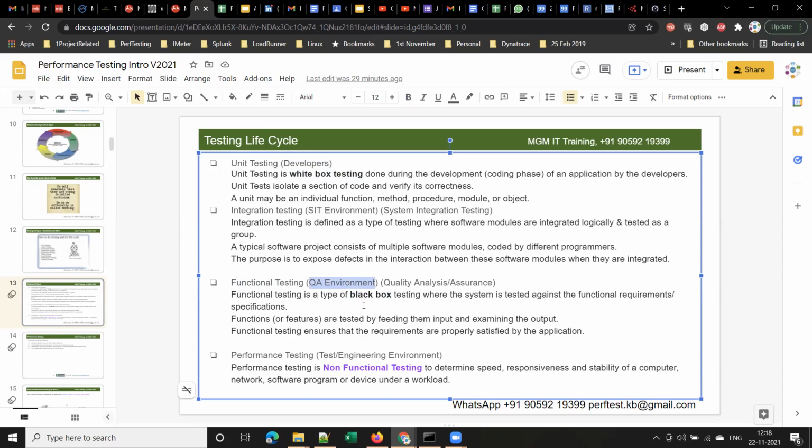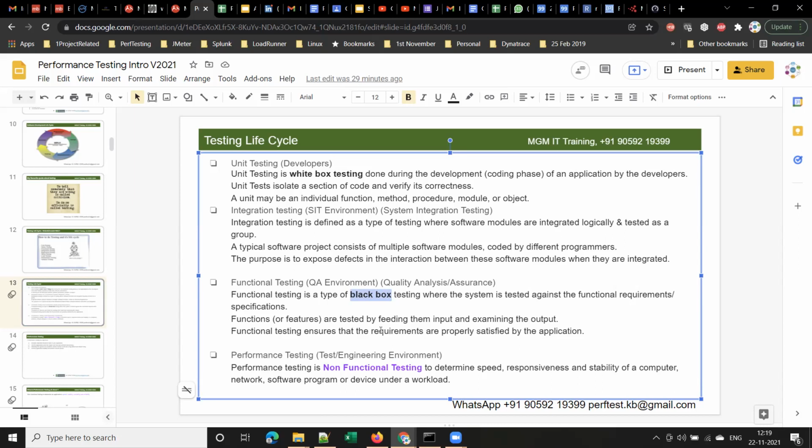So that's why it is called black box testing. The test engineers need not know what language is used for development of that application and how to write that code. So that's why functional testing is called black box testing. Clear, guys? Yes, sir.